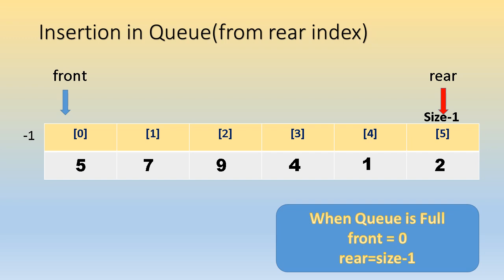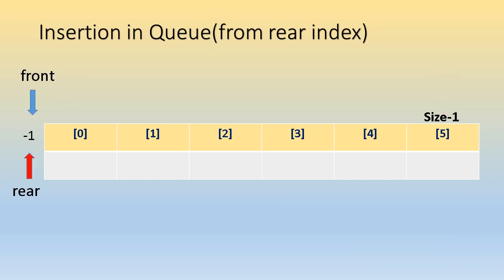Otherwise, one additional condition we have to take in case of a queue. In case of a stack, we were having only top++ and we could insert an element at that index. But in case of a queue, we are dealing with two indexes, front and rear. So if we simply write rear++, then front will remain at -1. So that is technically wrong.